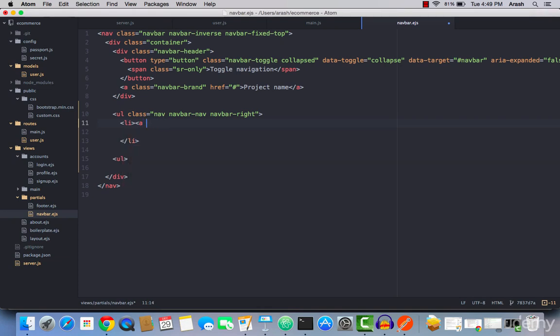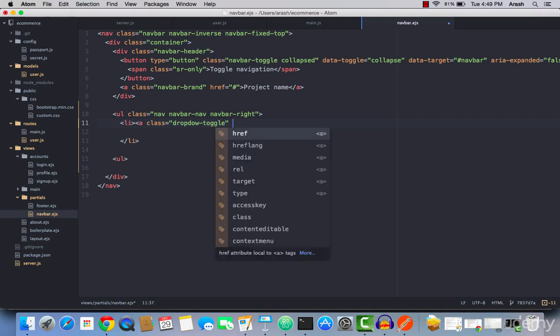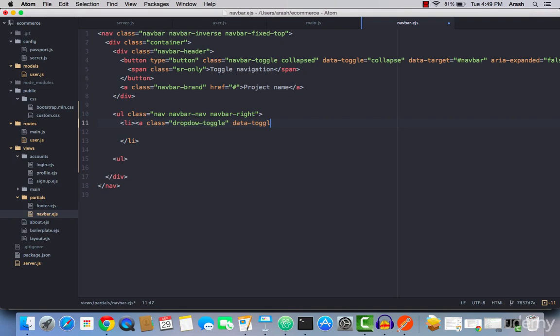We're gonna type in a class. Dropdown toggle, and then next is you want to add data toggle. Dropdown. Next is you want to put href, which is the link, but we're gonna just type in hash